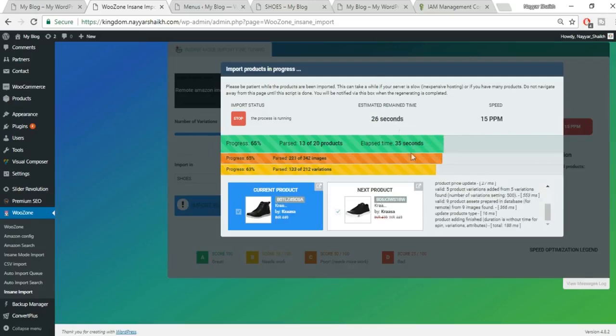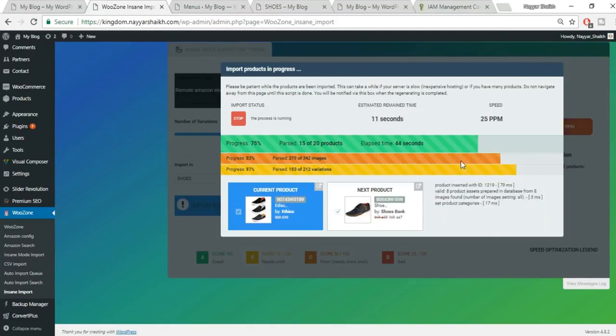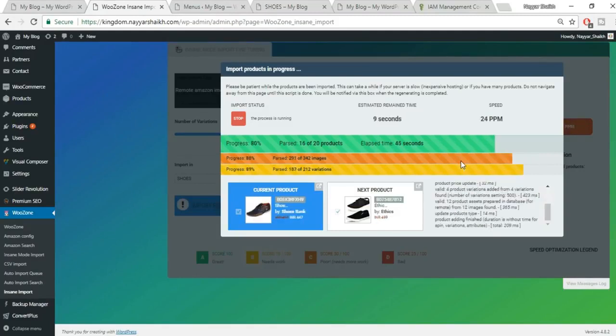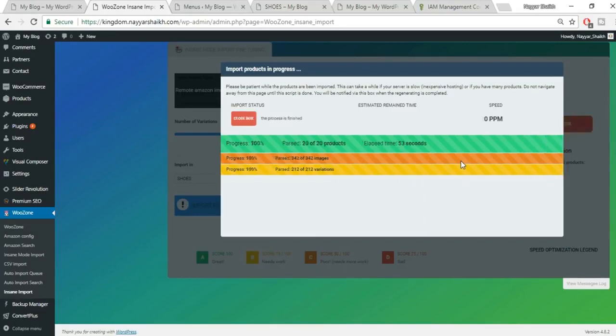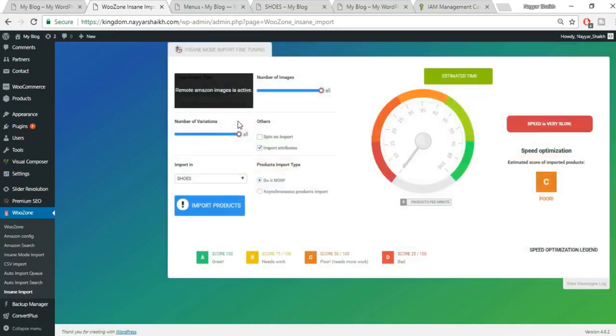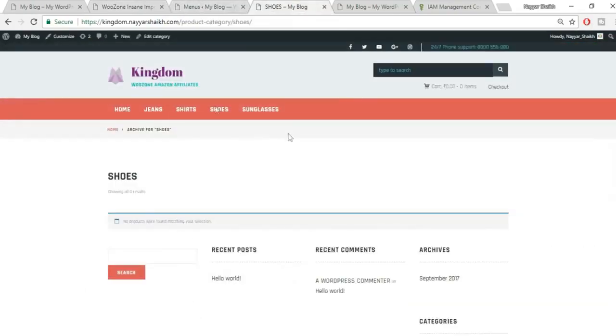Okay, I was just saying the opposite. Okay, so everything is getting installed, everything is getting imported. Let's wait. If you guys have any doubt, any queries, you can obviously leave a comment in the comment section below. I'll try to help you guys. Okay, click on this close button, come back to this website, refresh, and we should see some shoes over here,